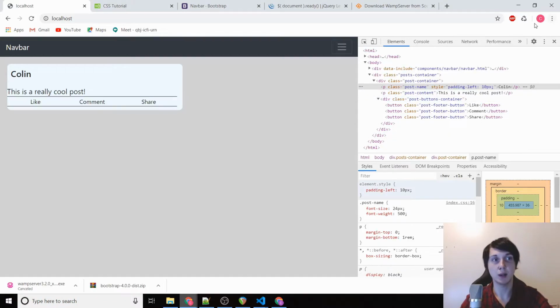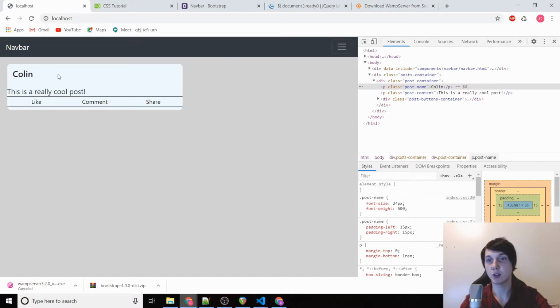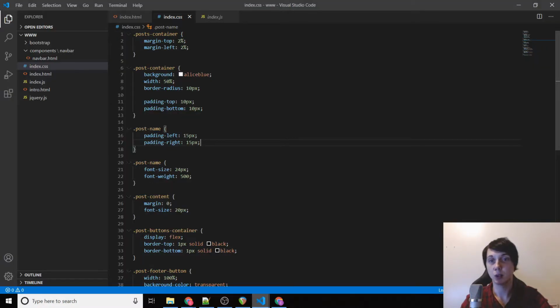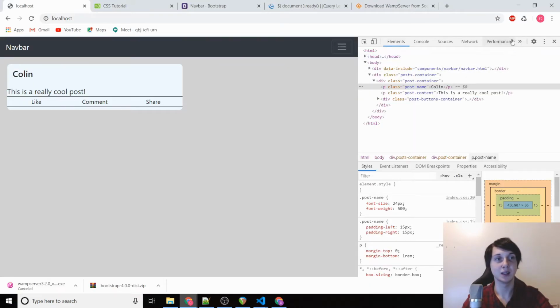And then if we refresh our page, you'll notice the post name has padding, but this doesn't, which is bad, but the button lines do, which is good. So we also want our post content to have that padding. But what's really cool is we can do comma, type in post padding. So now padding left and padding right will get applied to both post name and post content. Now if we refresh,